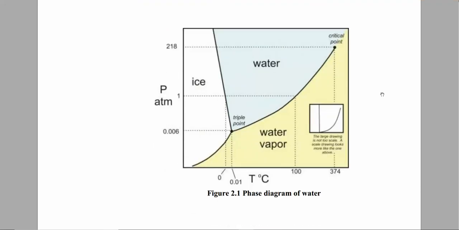As you can see in the figure, we have a triple point where the temperature and the pressure imply the three phases of solid, liquid and gas. At a higher temperature, a point in the graph will come that will be known as the critical point, where the water will not be in the form of gas or liquid.